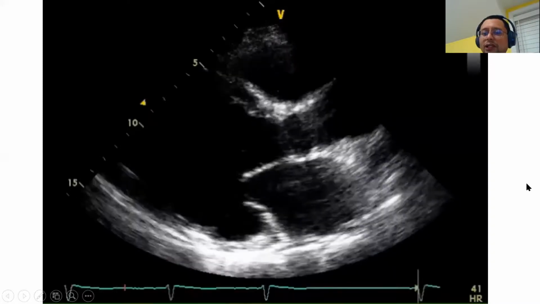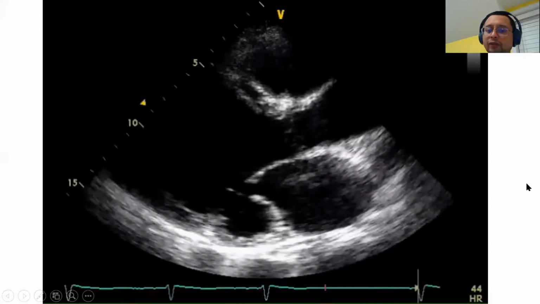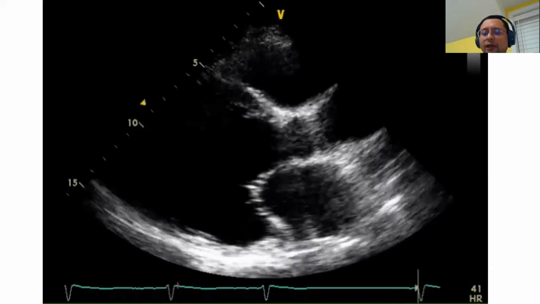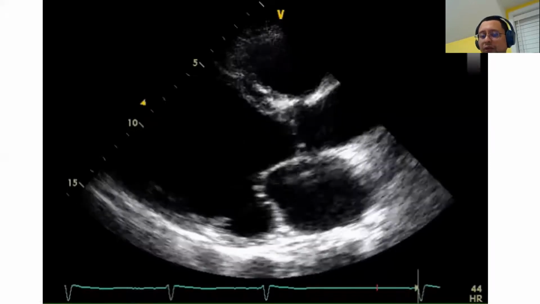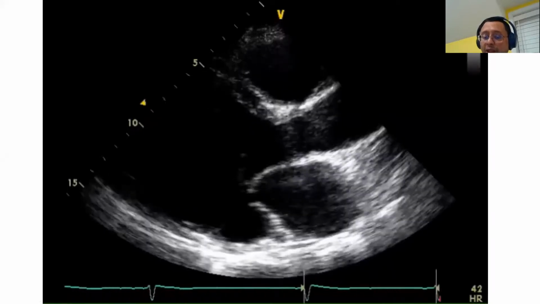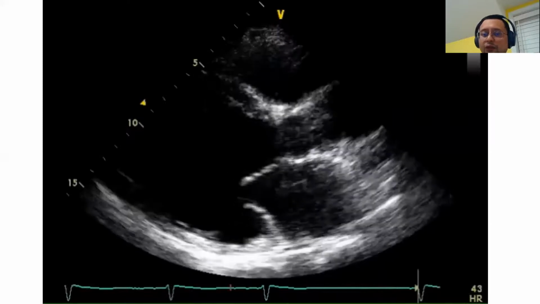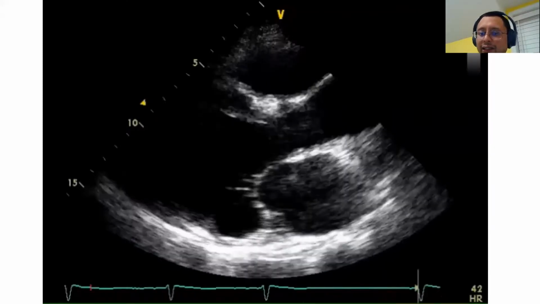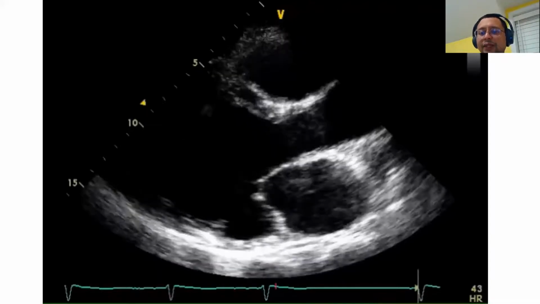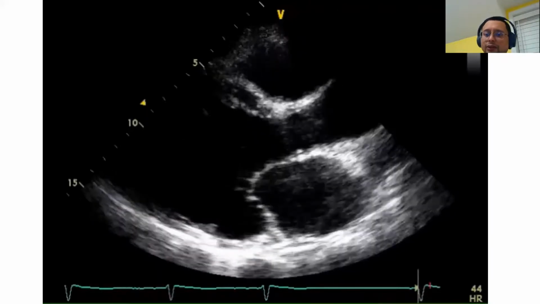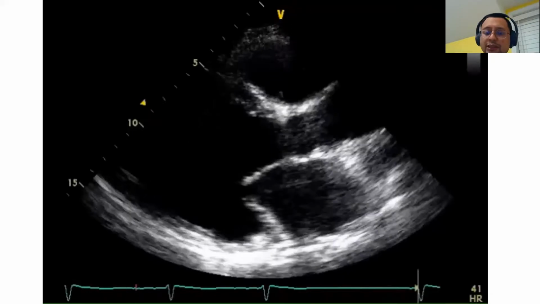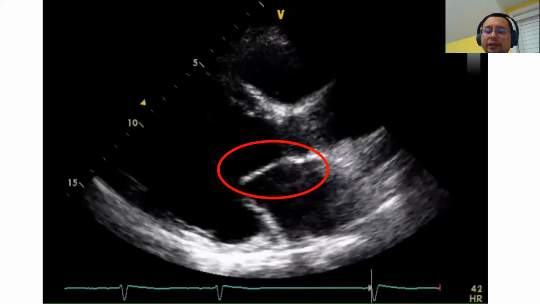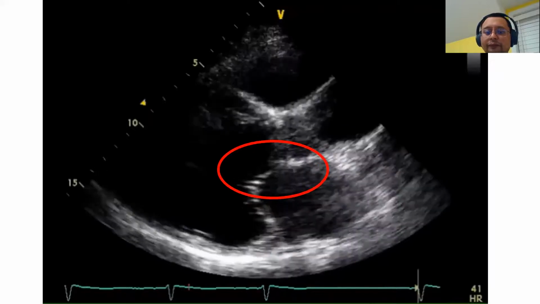So we have to ask ourselves a question. Why is LV function down? Why does the mitral valve not open completely? Even when you look at the leaflet of the aortic valve, the leaflet looks normal. There is no thickening or signs of rheumatic valvular heart disease. The aortic leaflet is not thickened, so you can't really even see the leaflet. So this is not aortic stenosis. So we have to explain too why the anterior leaflet has not opened completely.